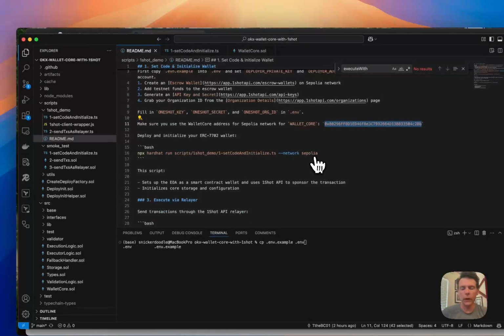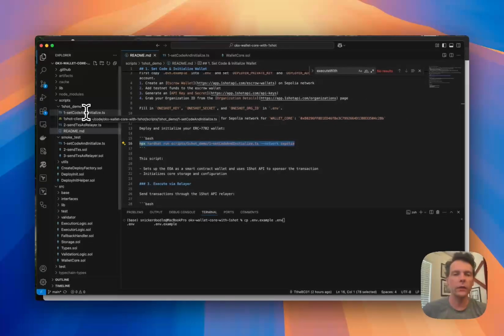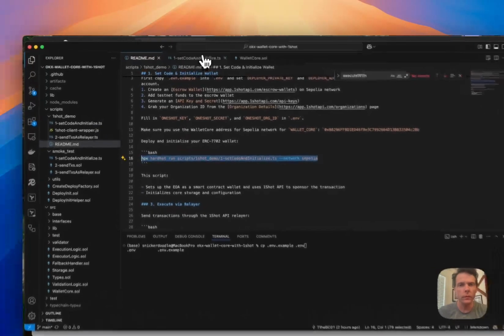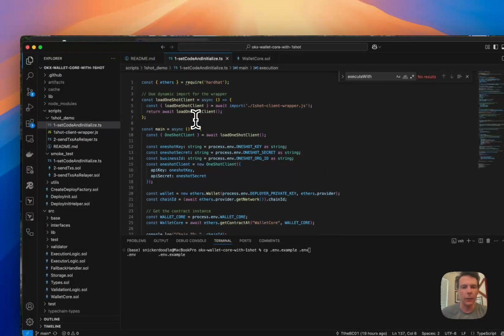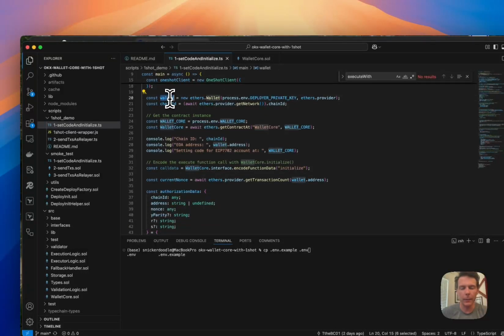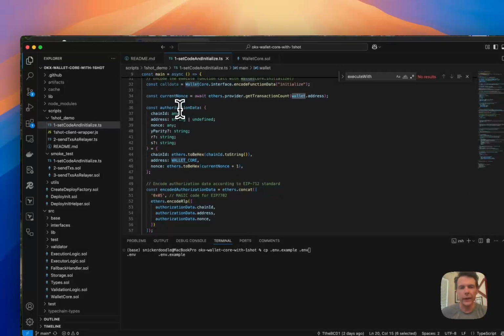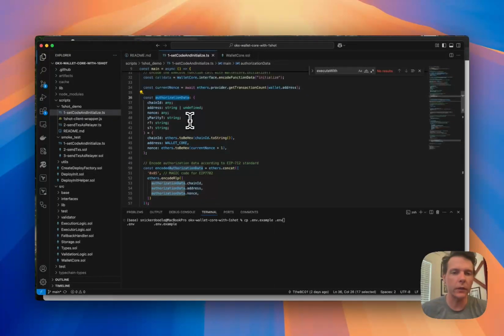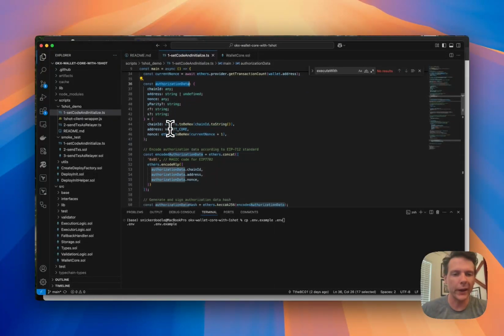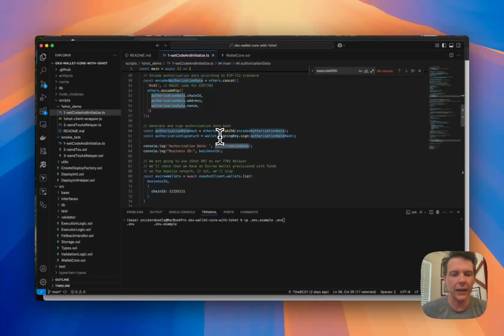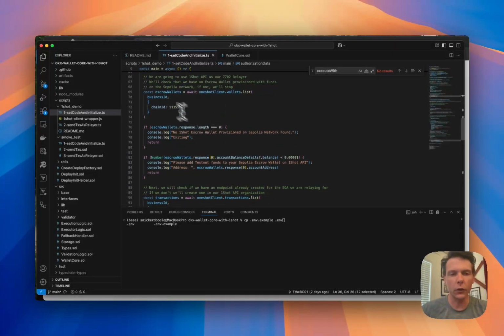So I've got the command right here ready for you to run the first one. You have to run the first example first. This is what actually performs the authorization for external code to run as your EOA. If we walk through the code real quick, what's happening here is, we're grabbing that wallet. We're creating an authorization data object, which is described in the EIP-7702 standard. So we're creating that, packing it up, signing it, and then the rest of this code is just boilerplate,